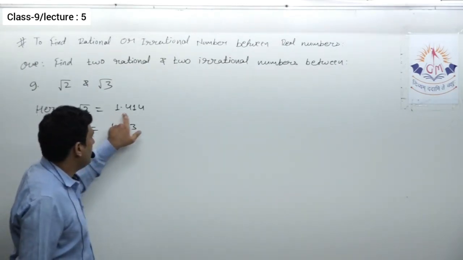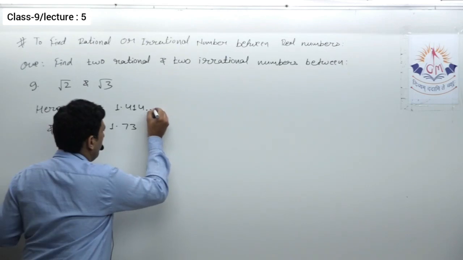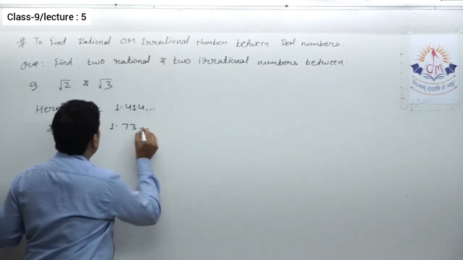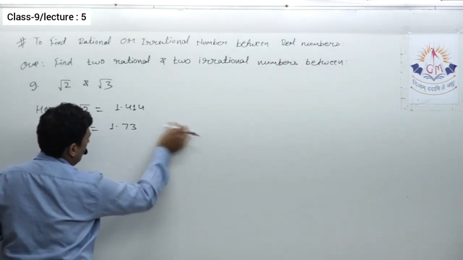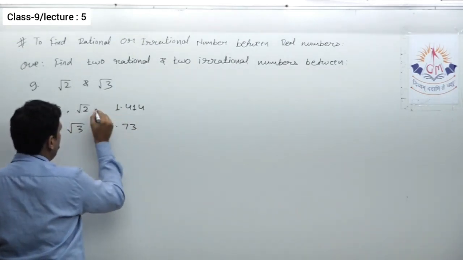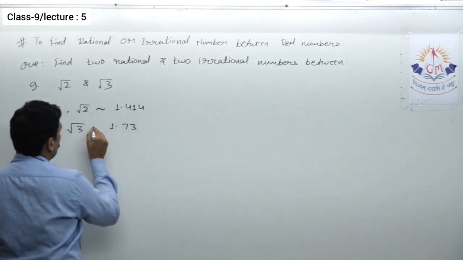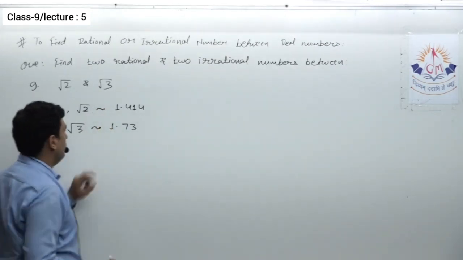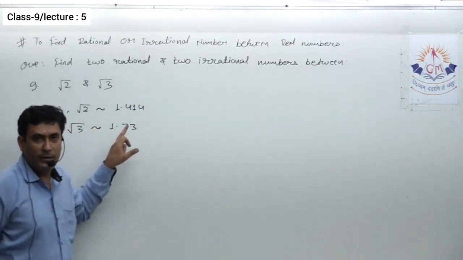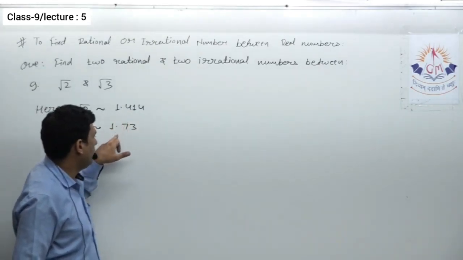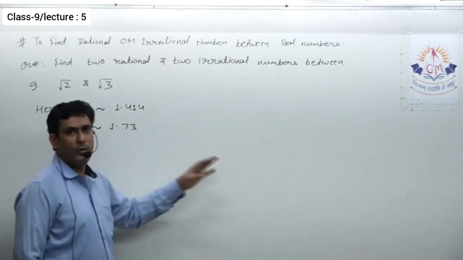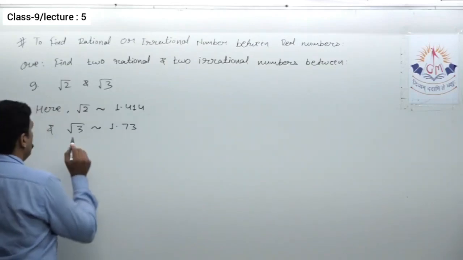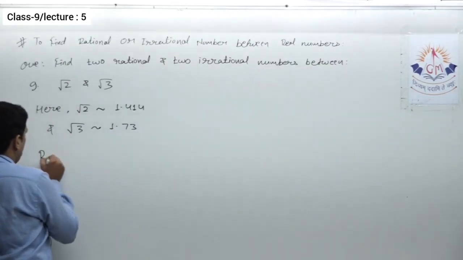Now it's very easy. Definitely I'll put a dot, because this is not terminating, or if you don't know what the next digits are, then instead of writing equal to, you can write approximate value. These are the approximate values of these two. Now definitely it is easy to find a rational number between these two. This is 1.4, this is 1.7, so 1.5 or 1.6, or 1.51, 1.52, whatever. Okay, so now rational numbers.